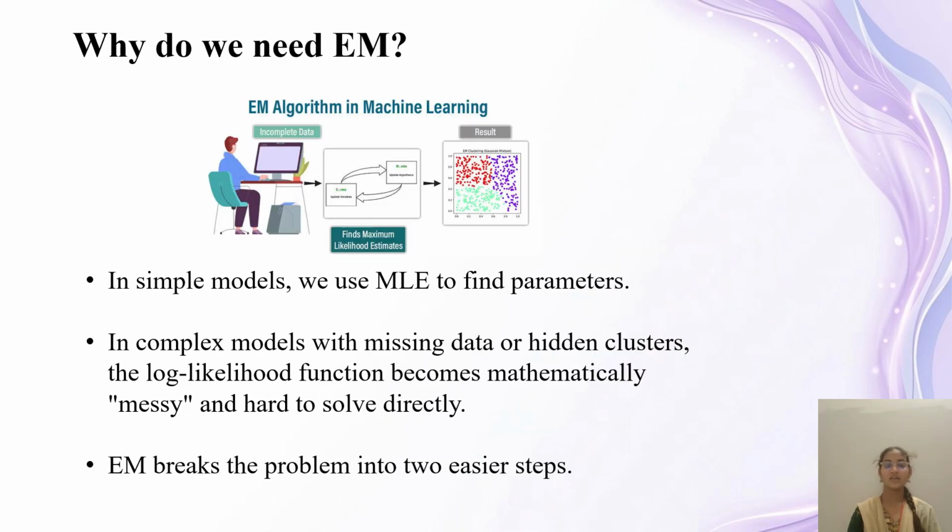Then we'll move to why we need EM algorithm. Why do we need EM algorithm in machine learning? Because in simple models we use MLE to find parameters. But in complex models with missing data or hidden clusters, the log likelihood function becomes mathematically messy and hard to solve directly. EM algorithm breaks the problem into two easier steps. And the steps are,